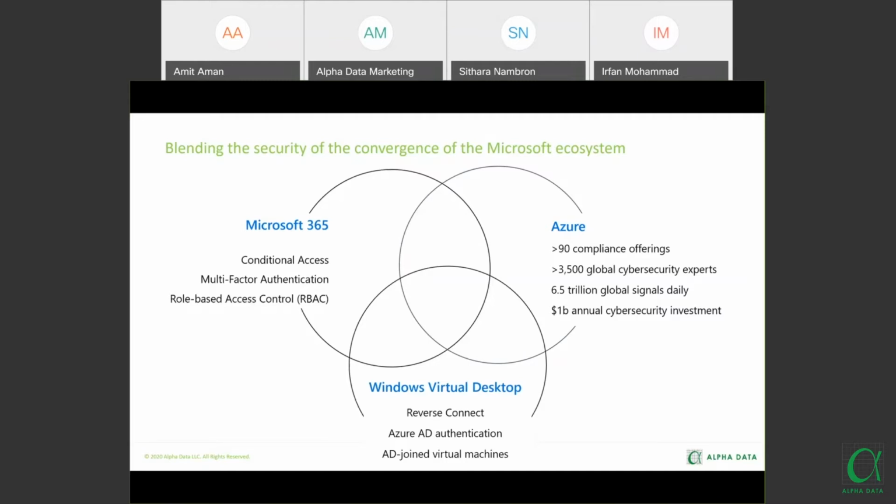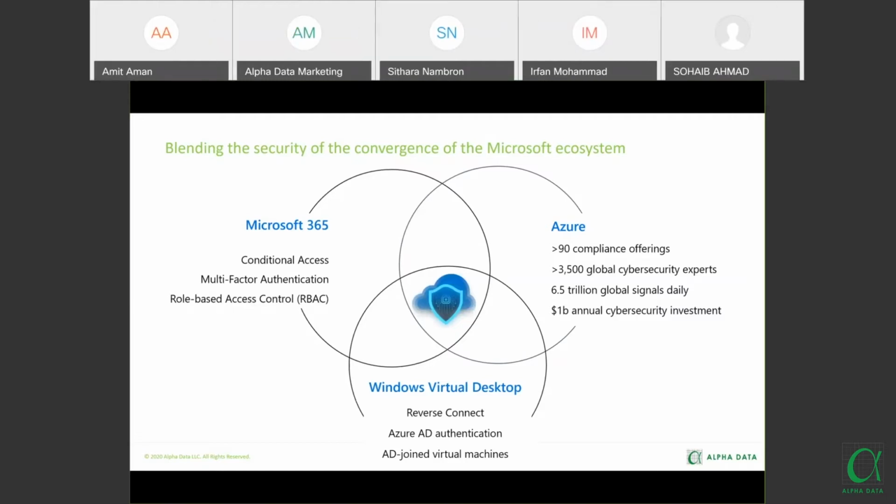Because you as a customer have control to manage data and access, including multi-factor authentication for admin, and of course, network and distributed denial of service protection is already there in the center. So keeping all of these in mind, the Windows Virtual Desktop, as I said, is well integrated, well amalgamated with Microsoft Security that the M365 suite offers.